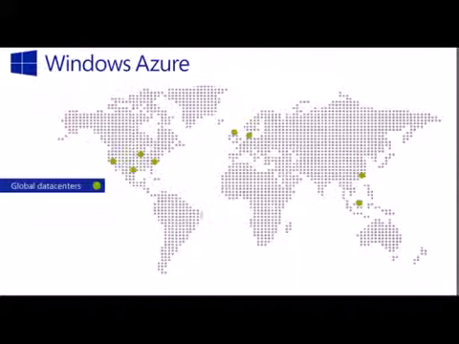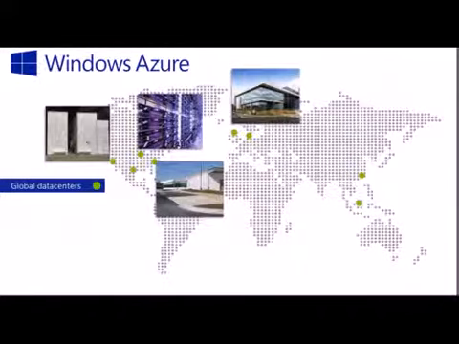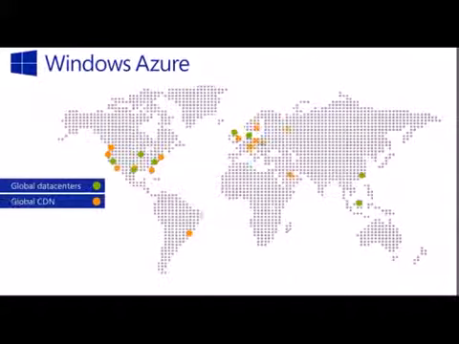Should one of those go down, we have a pair that gives us the ability to stay always up and always on, regardless of our data centers. You can see that those are globally distributed, and there are billions of dollars worth of investment that Microsoft has made in these data centers, and will continue to as we need to scale the cloud further and further in years to come.